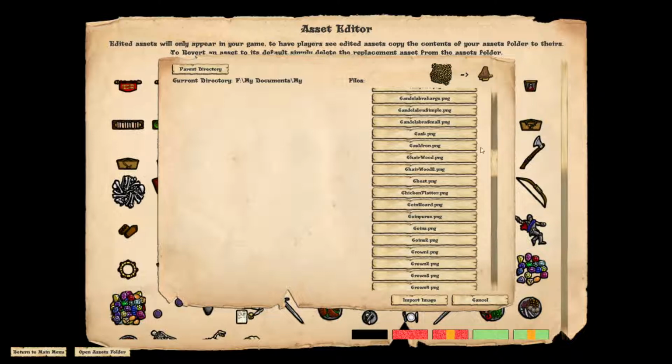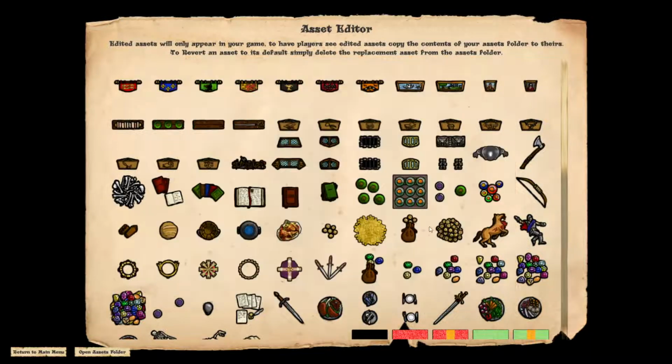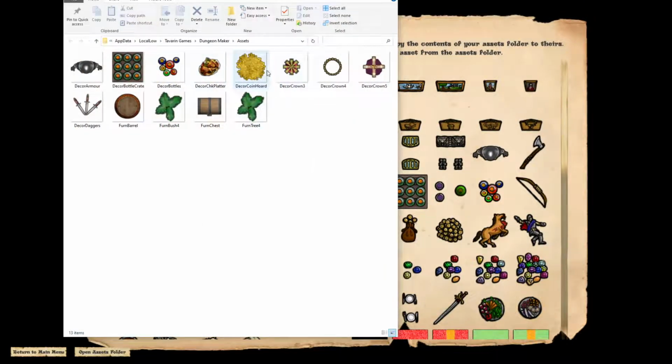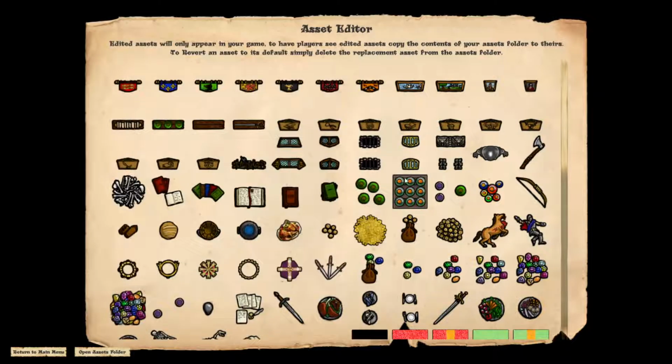So if you want to change it to that, it'll give you a preview. But this doesn't change it until you hit the import image button, at which point that image is then replaced. So if we go to the assets folder again, there is the new one with the correct name. Now what the game is actually doing is